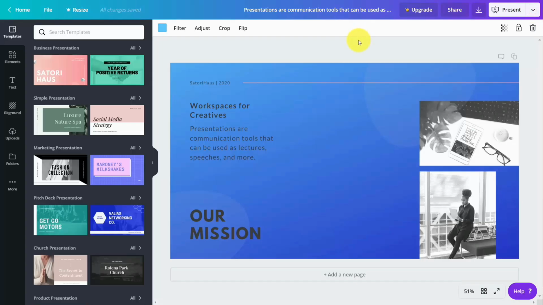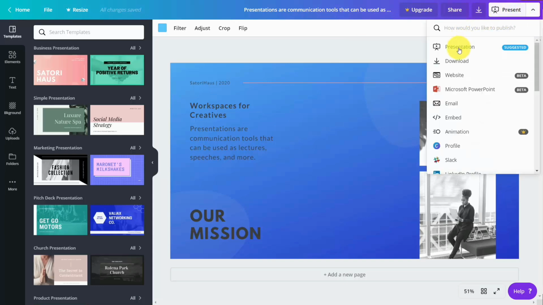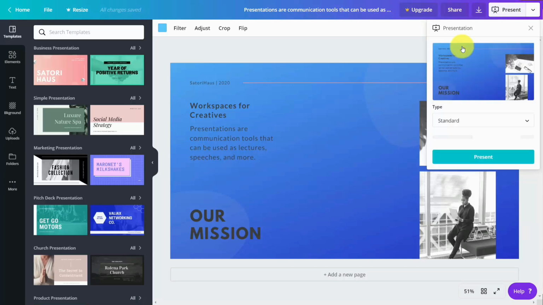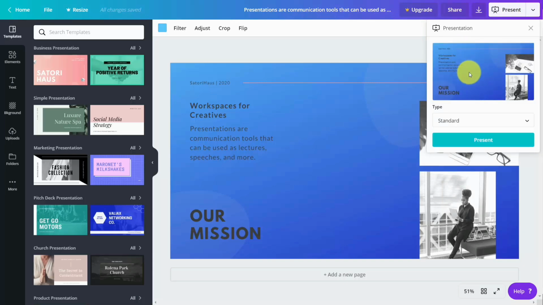Welcome back. Now, one way to output the content is to output it into a presentation. And we can do that by going to this drop-down arrow. And you're going to see that there's going to be a link here for a presentation. What we're going to then do is to click that link. You're then going to see that we can download it into a standard presentation, and we can also output it